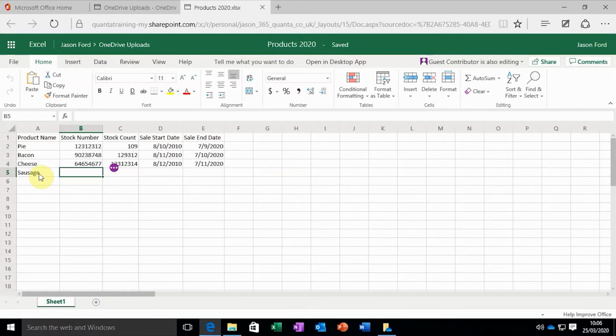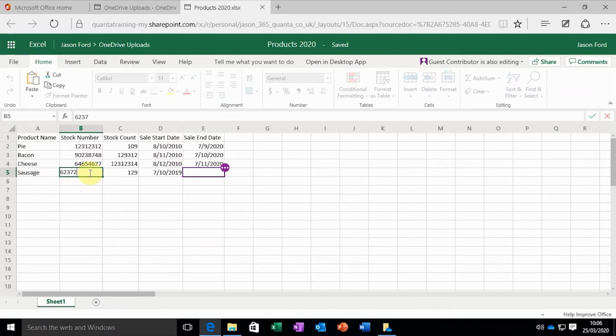So they're going to add a stock number next, then how many of those we've got, followed by when the sale's starting, and then when the sale's ending as well. So we've got quite a lot of information that's being added in here, and you can see that that's coming in real time. What's more, if I decide that I want to make changes, so if I think actually that's not the right stock number, I can make changes myself, and it will update that in real time